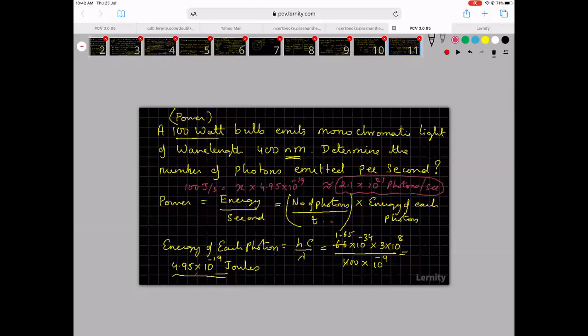Approximate number. I have not done any calculations. I'm expecting you to do the calculations. It will be less than 2.1, but the 10 power 21 is fair. No, it will become 10 power 20, because when you divide it by 5, it will become 0.21. So I hope this is clear.